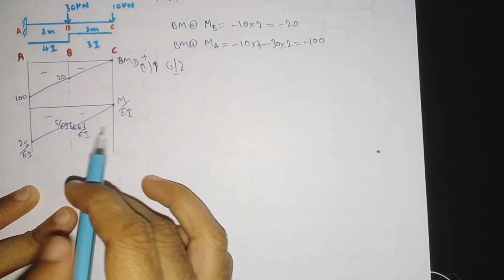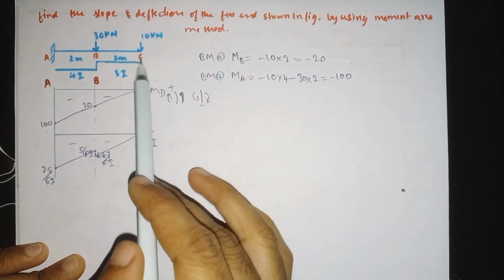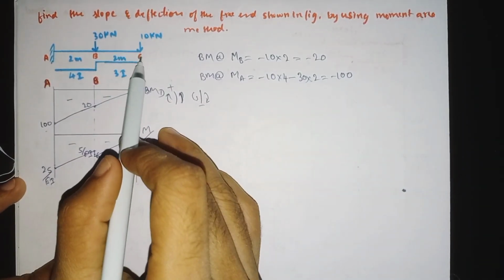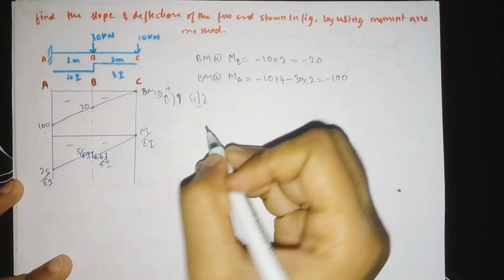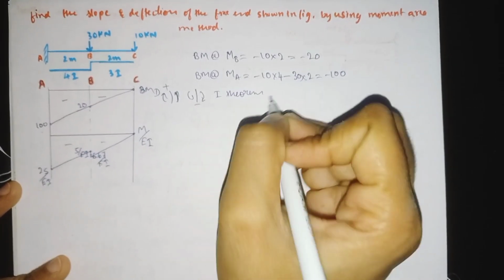So now what we have to do is what they have said. They said to find the slope and deflection of the free end. Now we need to find the slope and deflection at point C. Here at point C it has the free end. Now we will see. We need to apply the first theorem. So what it says,